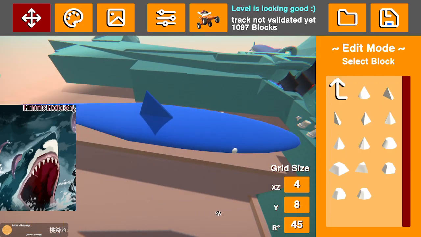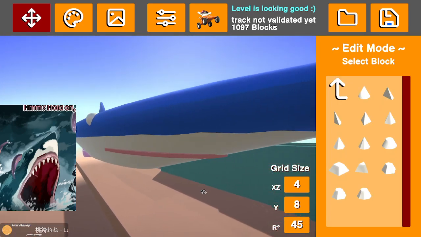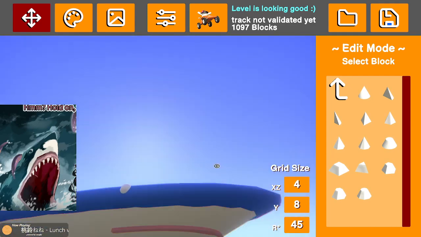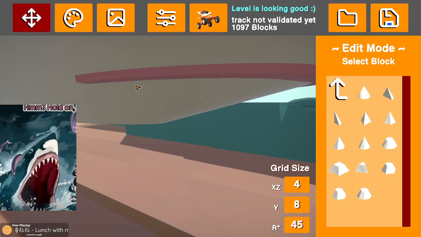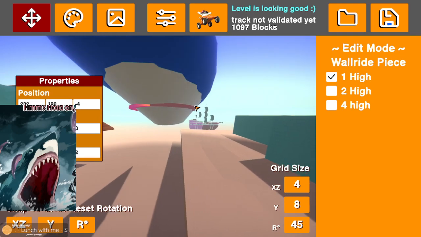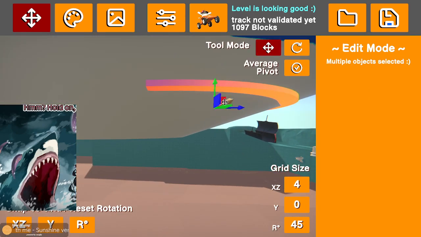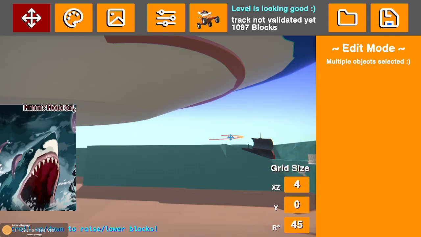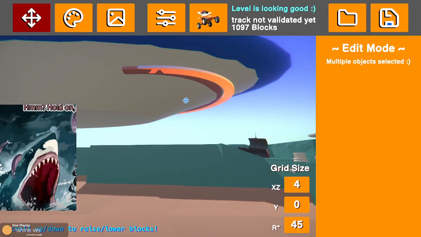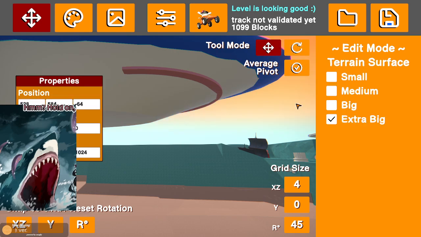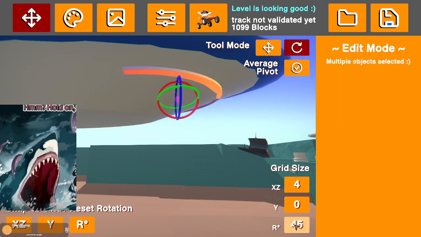So far this worked best. Let's Control D. Let's add this here. Control Z. And